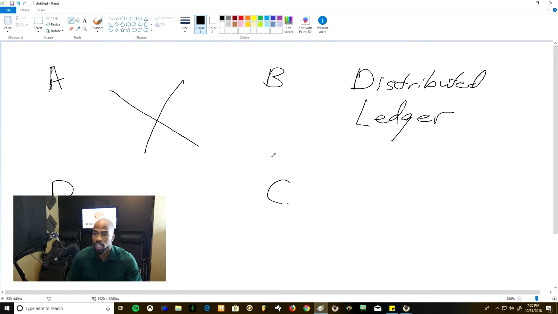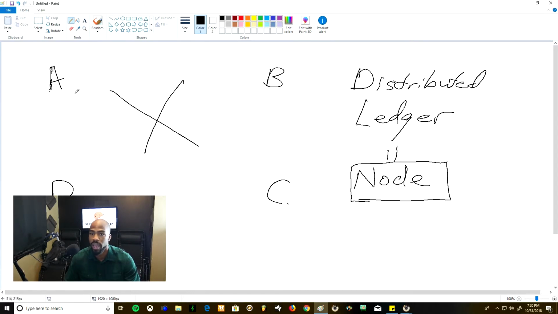Now with the distributed ledger, each one is going to have its own copy of the ledger, which is the node. The node is the copy of the ledger. So every person, A, B, C, and D, will all have their own copy of the node. Instead of it being centralized in the middle,